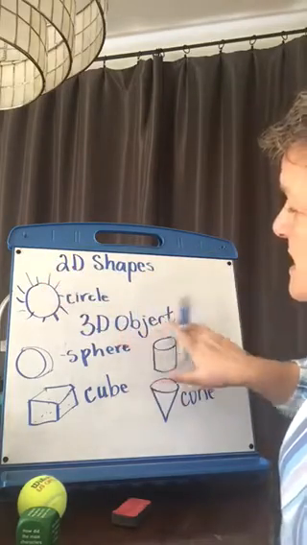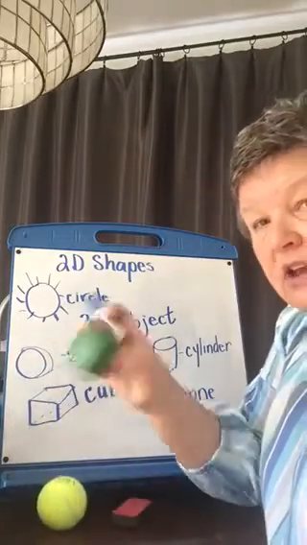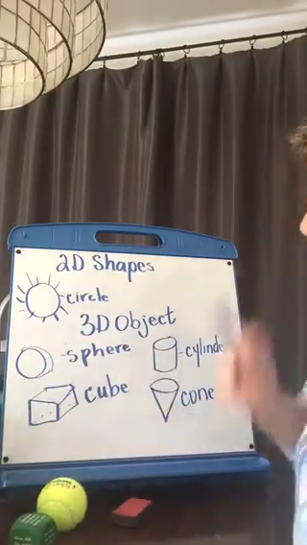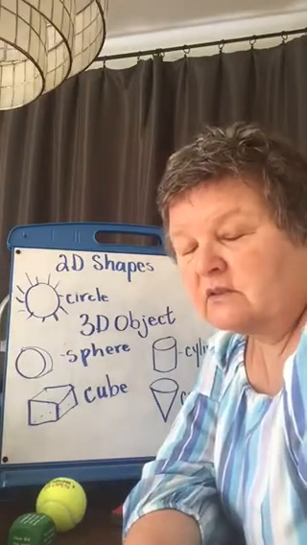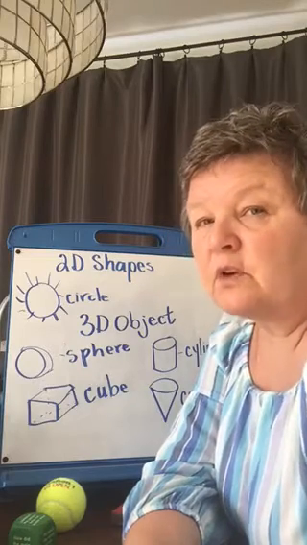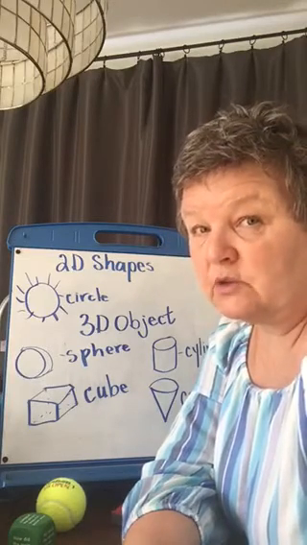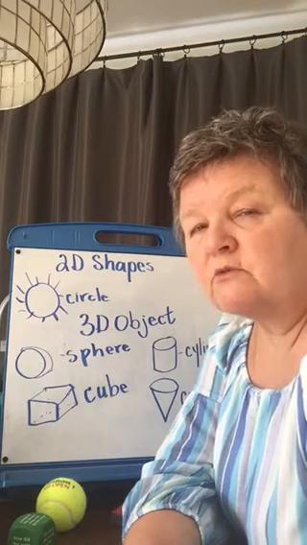So we have 2D shapes that are flat and they're great for drawing pictures. And we have 3D objects, things that we use every day in our house. So you have some information to help you solve your next clue in both the grade 2 mystery and the grade 3 mystery. If you're stuck some more, you can reach out to your teacher,